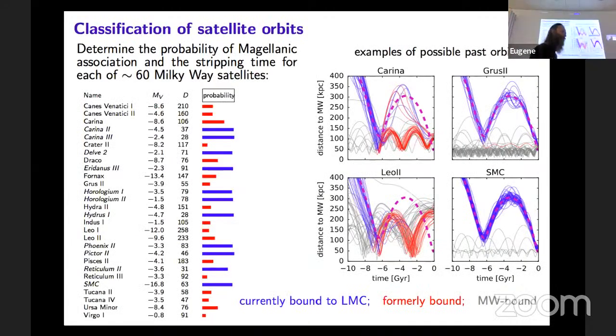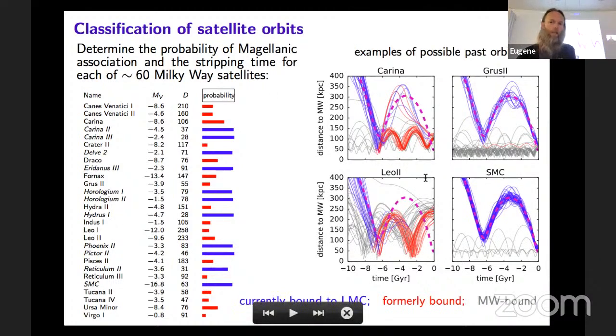But the more interesting aspect is that there might be guys who actually were coming with the LMC in the past and did not survive this pericenter passage, or they were rather stripped from it. And to look at this, having these N-body simulations at hand, I could easily find the analogs of the various satellites in the Milky Way system, looking at their present-day positions and velocities and tracing their orbits in the past in the simulation to find whether they came from the LMC system or from the Milky Way system. And this is the